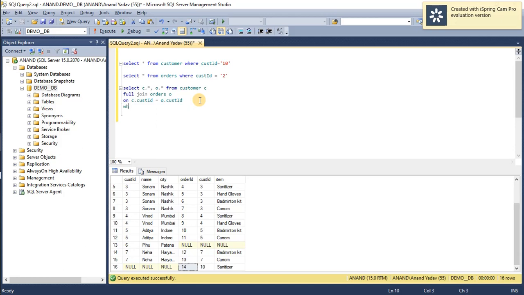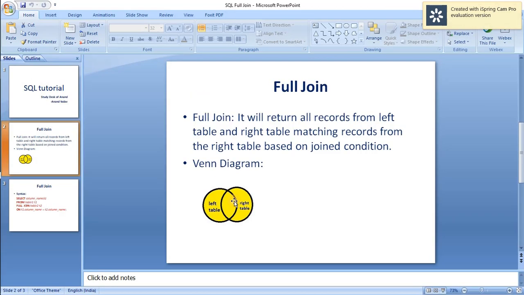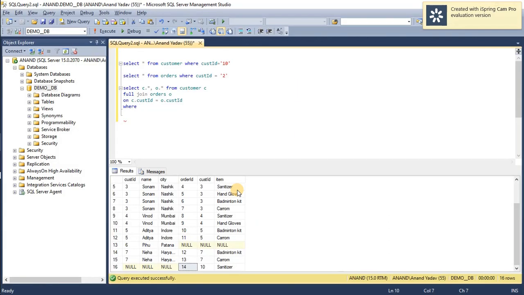So let's assume that we wanted to see the data for the right hand side only. This means we only want to see right data, so this is satisfied when there are null values present in the left table.